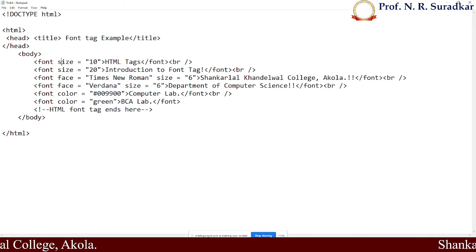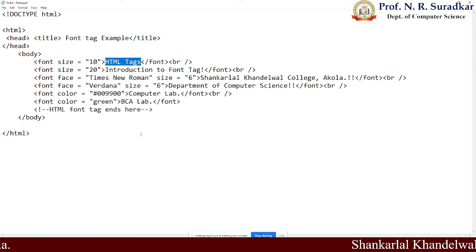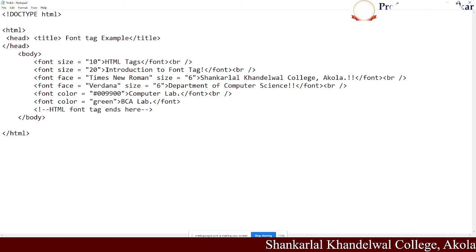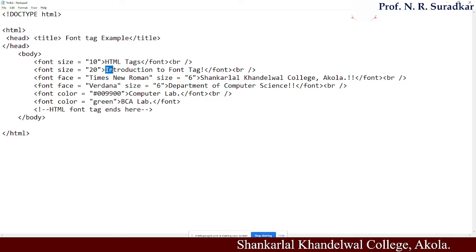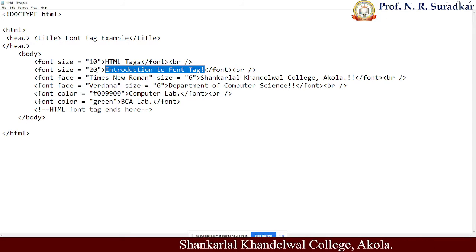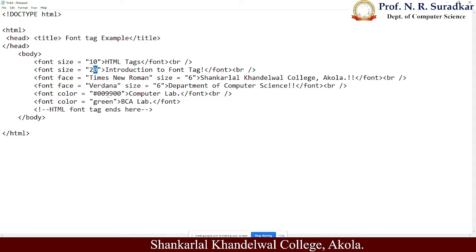Here we use the first font size 10 for the HTML tag text. This HTML tag text will be shown as size 10. The next text is introduction to font tag, which will be used as size 20 because the sizes are different.